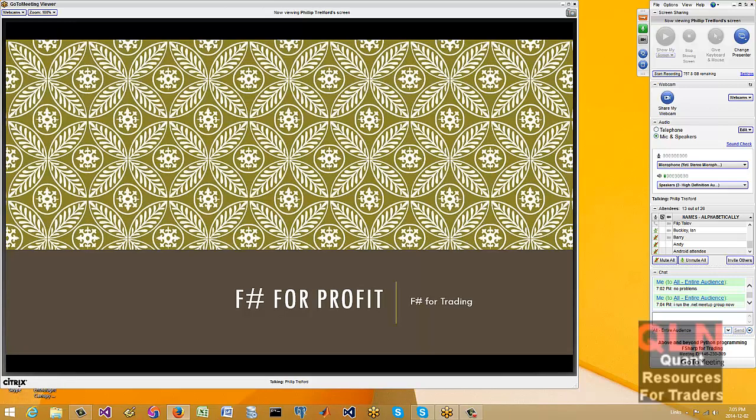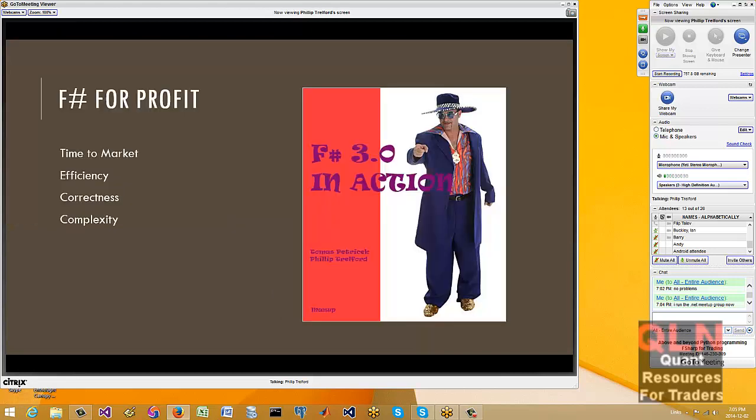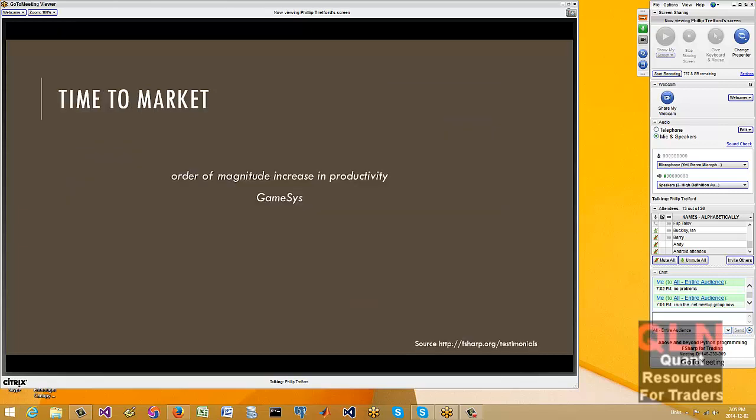So let's kind of talk about why they're using FSharp. Now, that early adoption was spiked by, we think, 4 different areas that people are wanting to use FSharp for: to get faster time to market, efficiency, so high performance, correctness, less mistakes, and to solve really complex problems. And the picture on the right there is a little bit of a comical one. That's my ideal picture for a book.